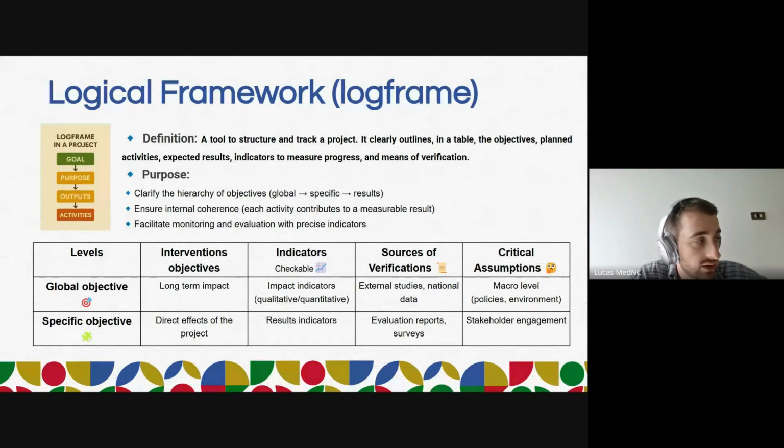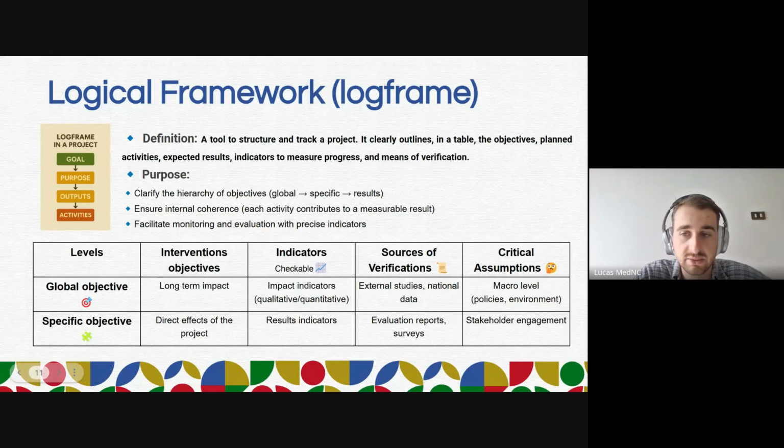If they tell you to write a project, you can send them this table, which will be very appreciated, meaning that you know how to build a project and you already thought about all the objectives, the indicators, and how you're going to verify that. So I'm just going to explain the table to you quickly.